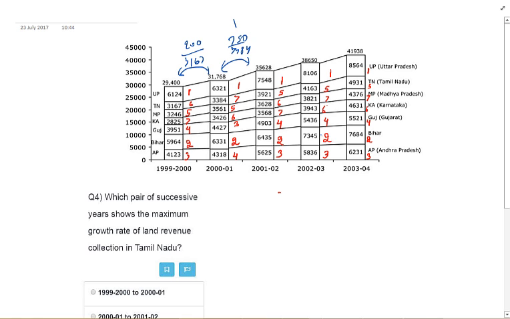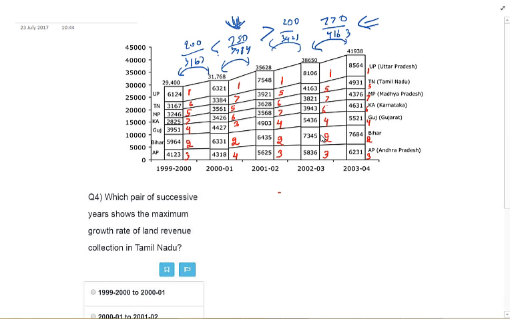So obviously this number is greater than that. And in the same way here you will see 200 by 3921, which is much lesser than this one. So still this number is the maximum. And finally it increases by around 800, right? Around 770. So 770 by 4163. So the competition is between this number and this number, which one seems to be the highest. And you know, if it's close, you should do the exact calculation. But here I think you can still, by observation,